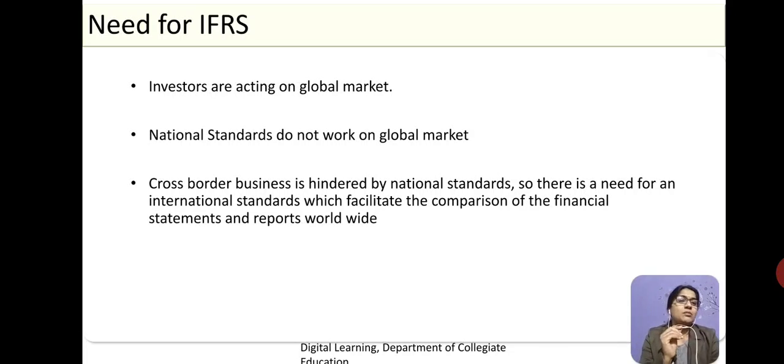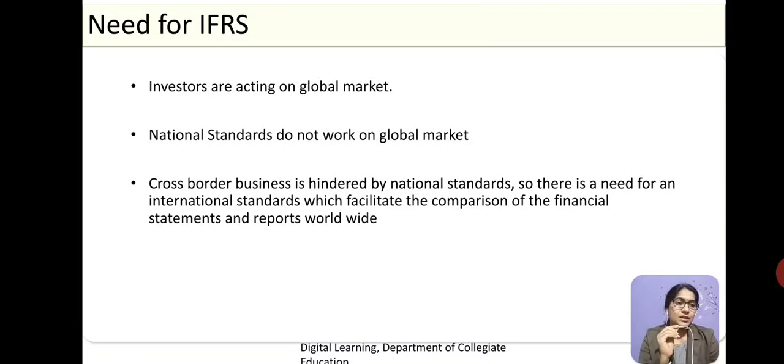And again, when it comes to investment, when it comes to any cross-border transaction, if we have one common standard, then it becomes easier. And again, the most important is the comparison. Like you have your branch in India, you have your branch in US. When you're comparing the performance, if both the accounts are prepared by using a common framework, then it is easy